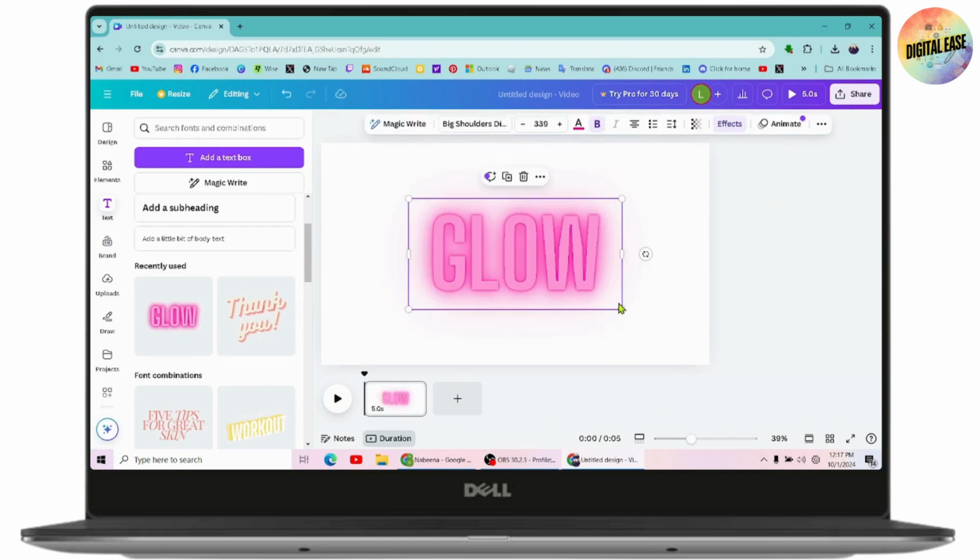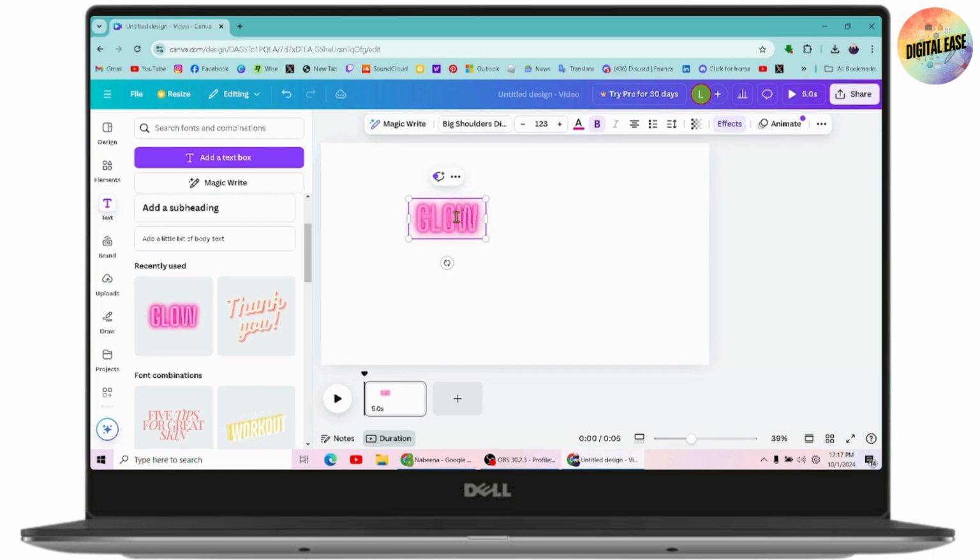And once you've chosen the text, now you can simply remove the text and you can add another one, but I'll be choosing this one. Once you've chosen, now you need to resize your text. So once you've resized, now you can simply select the text and you can, for example, if you want the